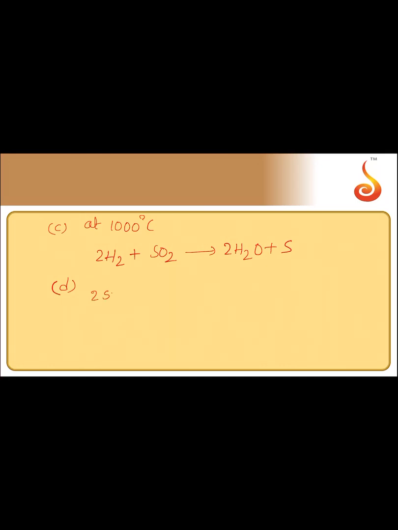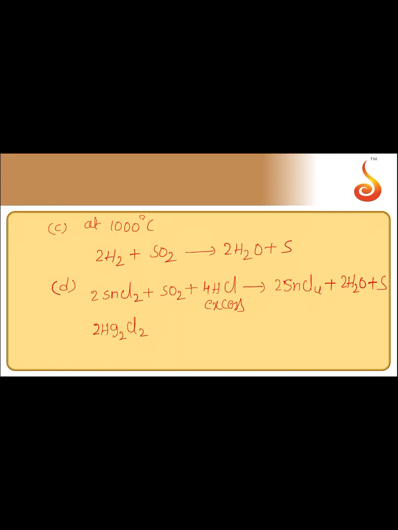Stannous salt SnCl2 is oxidized by SO2 in presence of excess of HCl to SnCl4 plus H2O plus S. Similarly, mercurous salt also,